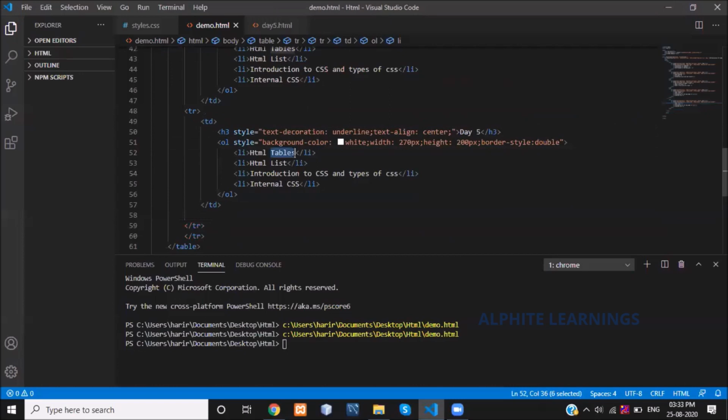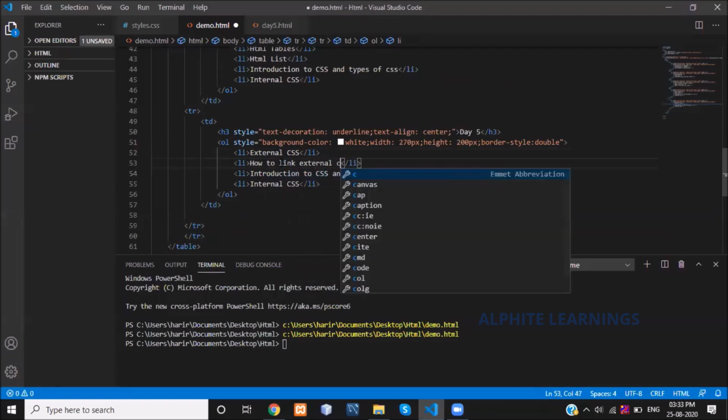So day 5 is yesterday, right? So yesterday, what are the things we have discussed? I have discussed external CSS, how to link an external CSS file.